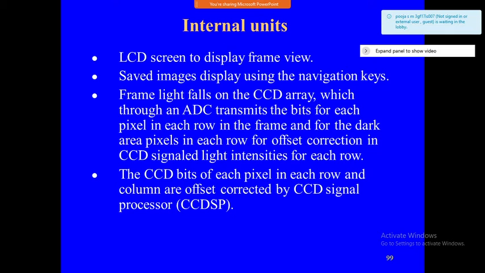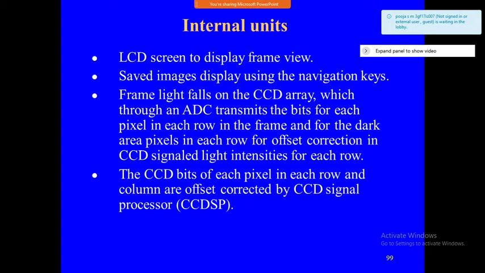See how the picture image is taken. An image is a collection of pixels. How will the corrections be done? That will be done with this CCD. Whatever frame light is there falls on the CCD array.